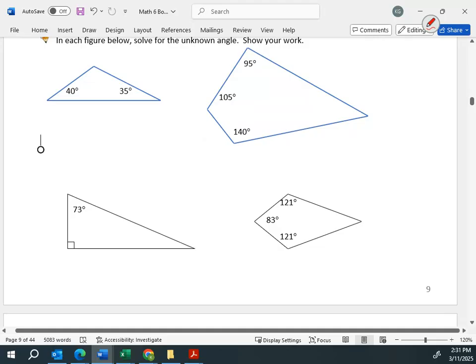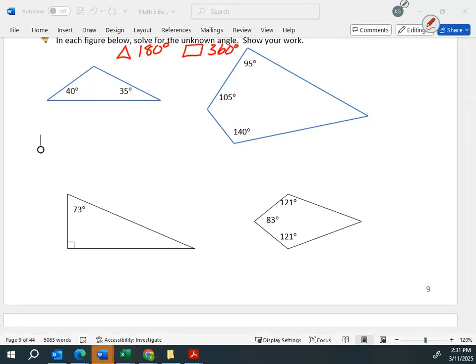We know triangles are 180, quadrilaterals are 360. Magic numbers we need to remember. So my first triangle, I have 40 degrees and 35 degrees, and I am looking for that angle. I would take 180 minus the 40 I know, minus the 35 I know, and I'm left with my question